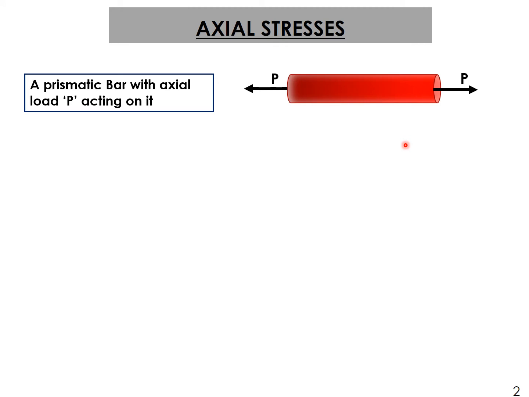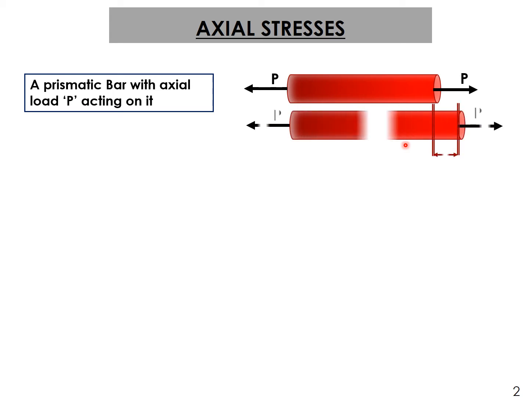So what will happen once this body is subjected to load P? Let's assume the bar is made up of a ductile material. Certainly, as per the given load, the bar will elongate in the direction of the load. That is how it has been represented in the figure. So this is what we get, change in the length, that is the elongation. Now if you apply a load in the opposite direction, such that it compresses the material, then we will get a change in length, but it will be a decrease in the length. So in the case of tensile loading, we get an increase in the length, and when the compressive load is applied, we get a decrease in the length.